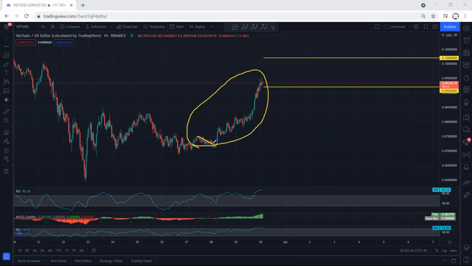That means whoever got the trade within this move, it depends where they got in, either from here or within this correction, they should move their stop loss to break even, or at least move their stop loss somewhere around 0.085. That means they can book some profit, because the next level we're looking for,